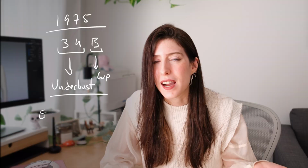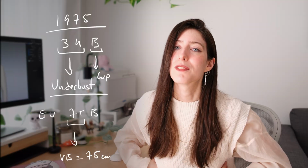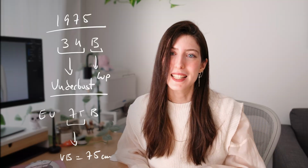So for example, you would get a European bra that was sized at 75, and that meant that the person who was supposed to fit into that bra would have a 75 centimeters underbust measurement. And the bra sizes would continue to grow by 5 centimeters, so you would get 70, 75, 80, 85, and so on. That caused massive outrage in women,